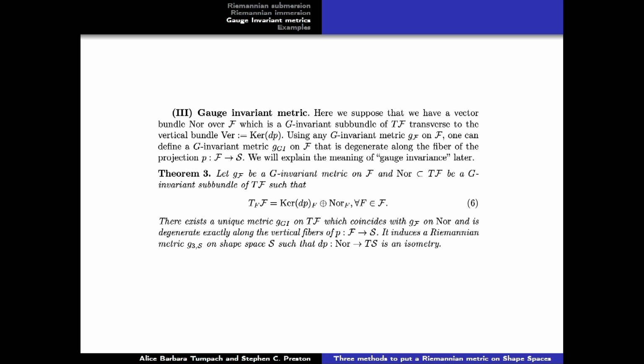The third way to endow a quotient space with a Riemannian metric is the procedure that Johanna was using in her talk, which is called gauge invariance. Here you start with a G-invariant Riemannian metric upstairs, and instead of computing the quotient metric, which aims at computing the horizontal space, the orthogonal of the tangent space to the fiber, we select a preferred